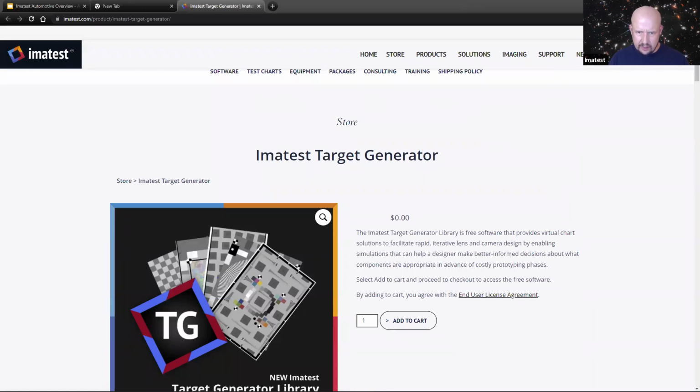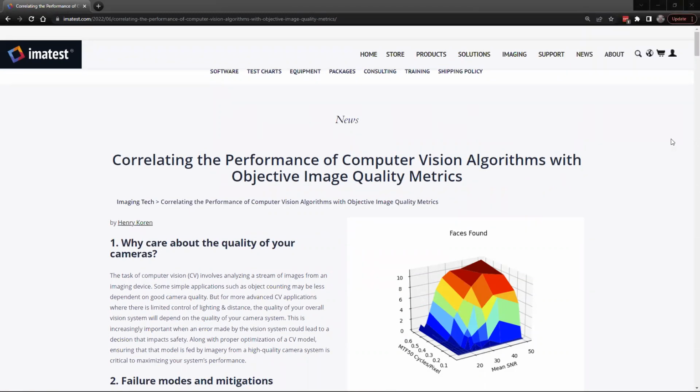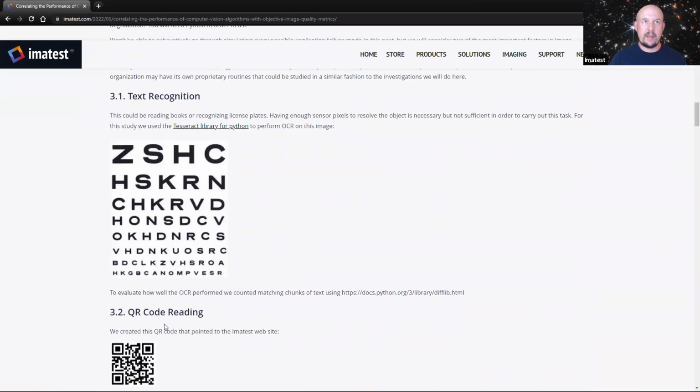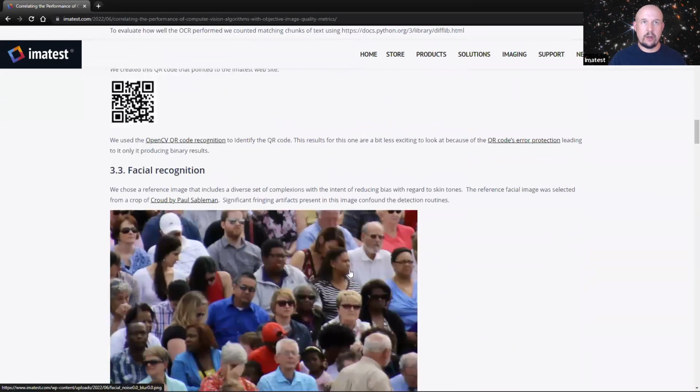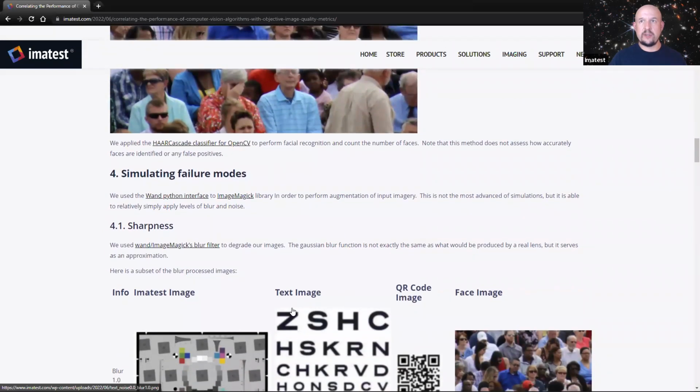Let me send this link for an article I wrote in June on correlating the performance of computer vision with objective image quality. 那我现在来跟大家分享一下我在6月，一个多月前所发表的一篇文章。里面主要说明主观的图像画质跟计算机视觉 computer vision 有什么样的差别。 In this article, we simulated a bunch of different types of tasks like reading text, reading QR codes, identifying faces. 那里面就包含说，不管是读 QR code，或者是文字，或者是人脸识别。